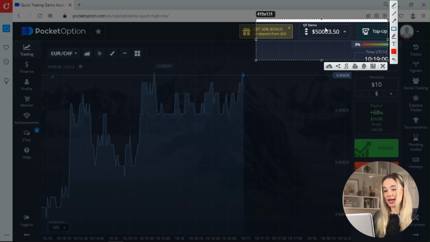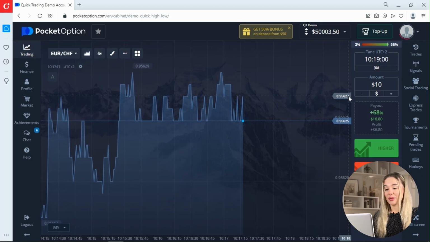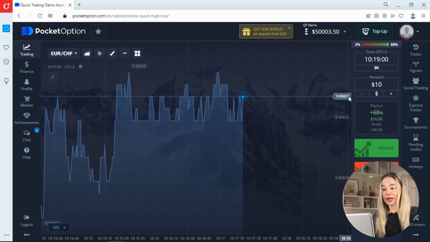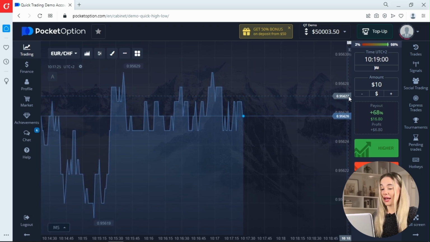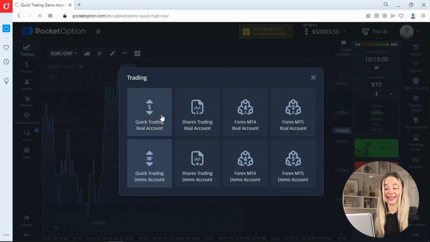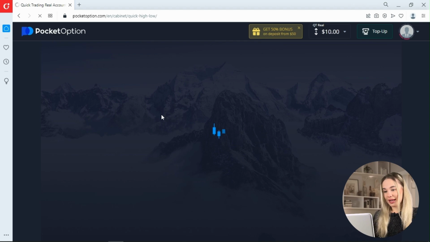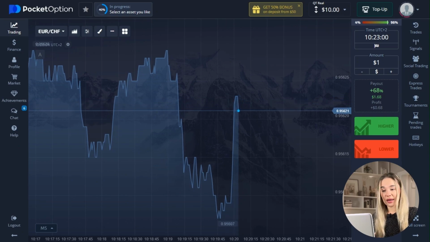Here you can also get to grips with how different indicators work, so you don't have to test them at your own expense, but you have some time to train. On the demo account balance, you automatically have $50,000, which is quite enough for testing, in my opinion. But let's not linger here for too long and move straight to trading on a real account, as the settings of the real and demo trading rooms are absolutely identical. So press the quick trading real account button and move directly to the trading room